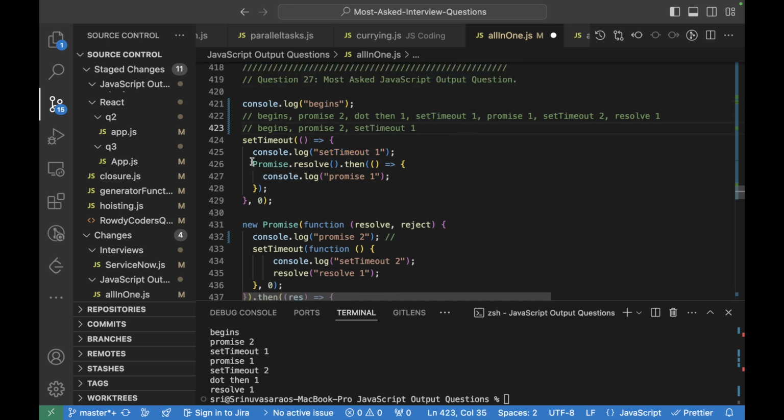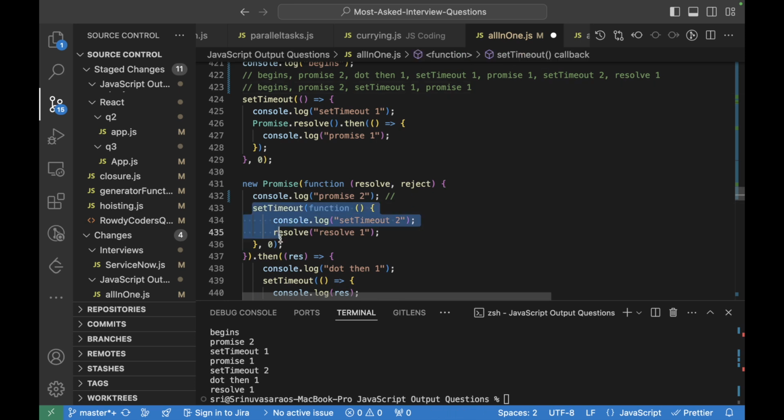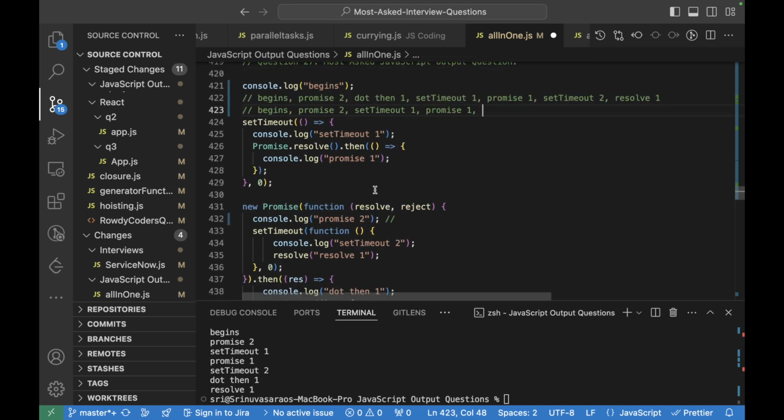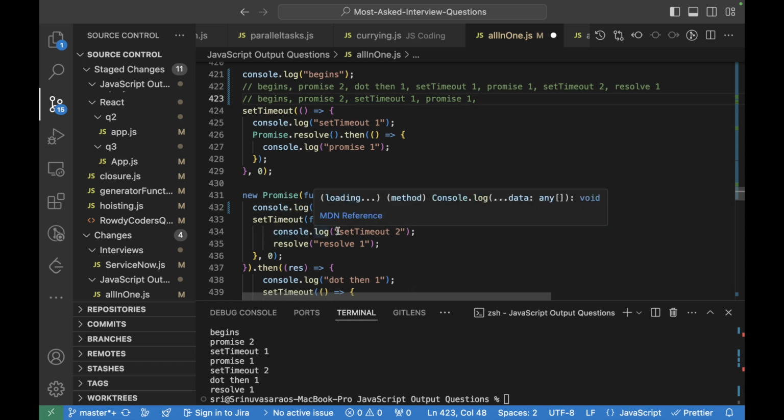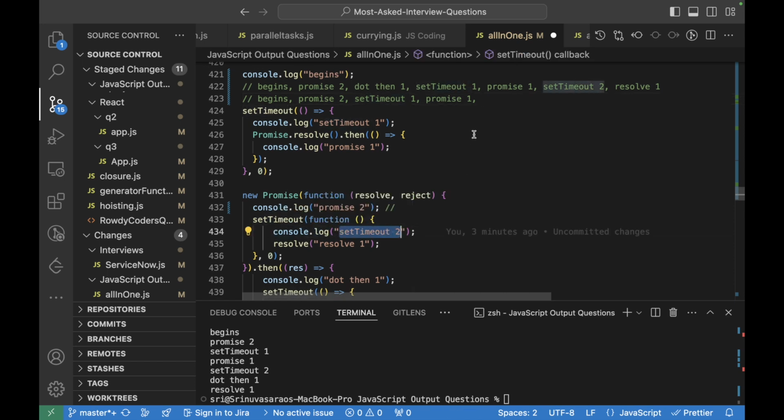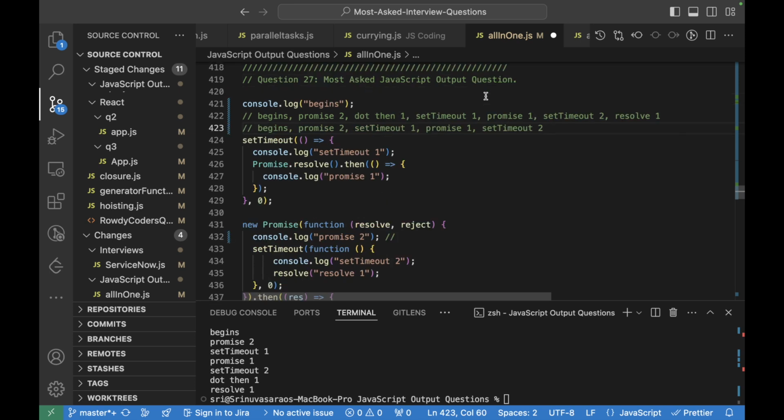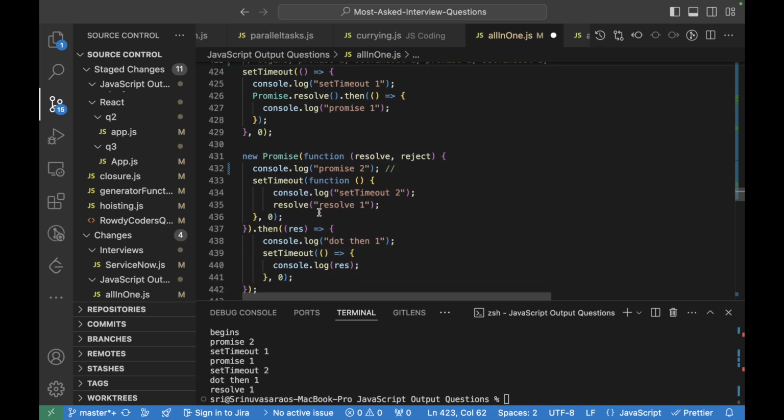Okay, and then this promise will be resolved, right? This promise will be executed because the promise will have high priority, and then this setTimeout will execute, right? In this setTimeout, setTimeout 2 will be logged, and then this particular resolve will be happening.